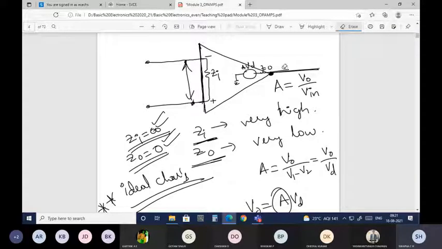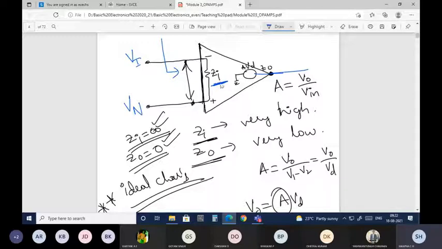Equivalent circuit of an op-amp. Okay, so this is my V1, let me write as V1 only, and this let me write as V2 only. So this is the op-amp, this is the input side and this is the output side. Okay, so on the input side, whenever you have any amplifier circuit, as you see from the terminals,